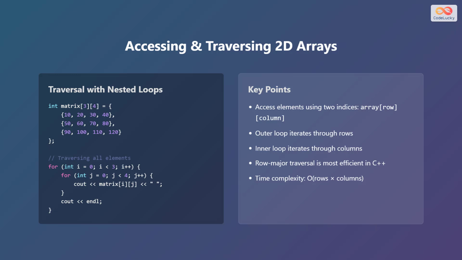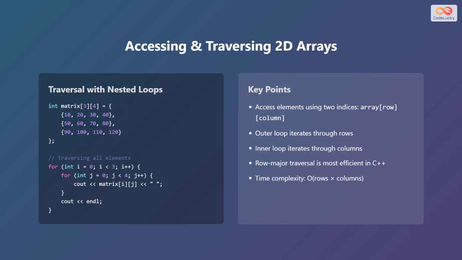Here's an example. int matrix[3][4] = {{10, 20, 30, 40}, {50, 60, 70, 80}, {90, 100, 110, 120}}; for (int i = 0; i < 3; i++) { for (int j = 0; j < 4; j++) { cout << matrix[i][j] << " "; } cout << endl; }